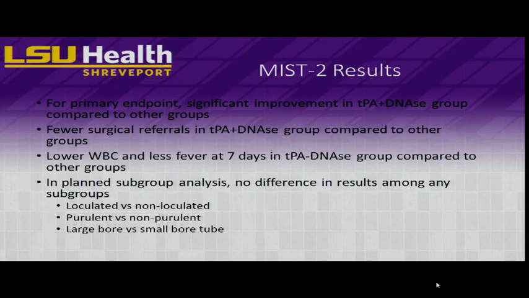people receiving TPA and DNase, you do get improvement in the amount of pleural fluid that you clear out. You have more people where the signs of sepsis improve over about 7 days, and they did end up referring fewer people to surgery. Now, the biggest issue with this study is that they didn't really look at long-term